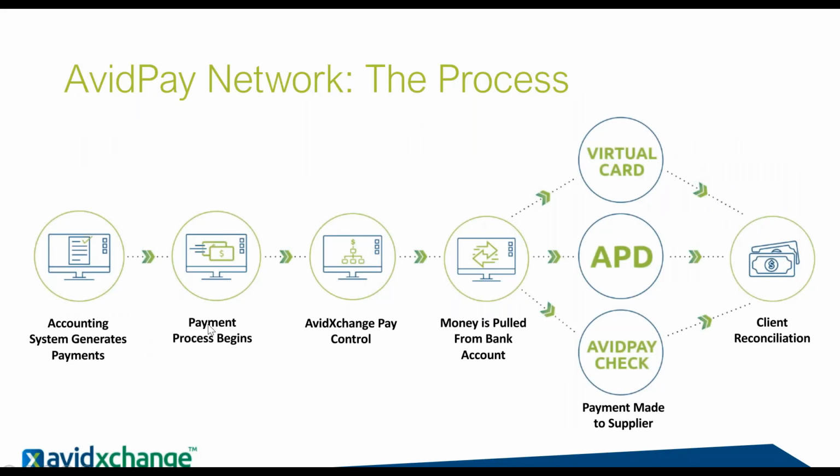So to reiterate that process and then add on also a little bit, I want to show just one more diagram so that I can take you through the high-level process. So again, everything's generated in the accounting system under your control. Once you send those payments, if you opt for the Avid Pay network, that's when the payment process begins. I think it's important to note that in this step here, where you see AvidXchange Pay Control, we do have